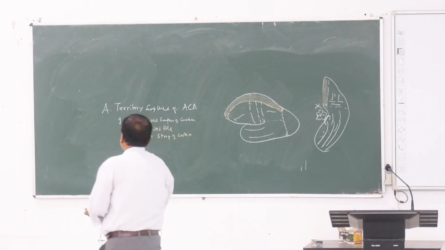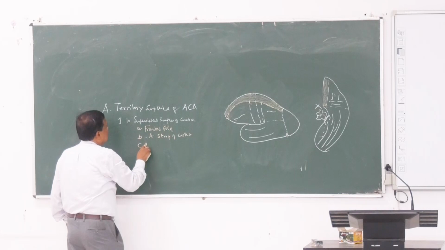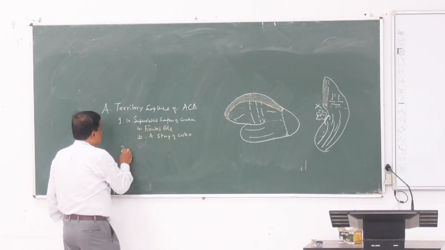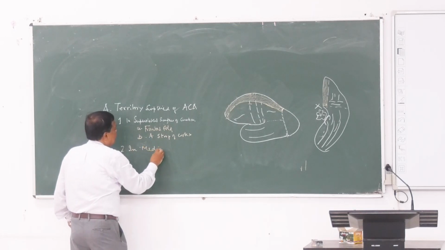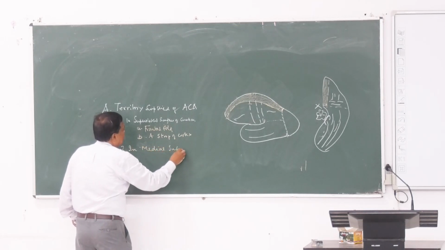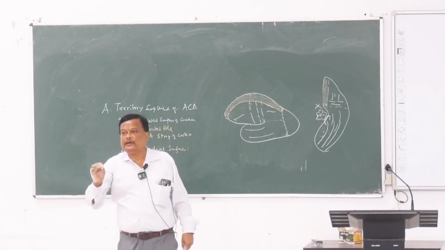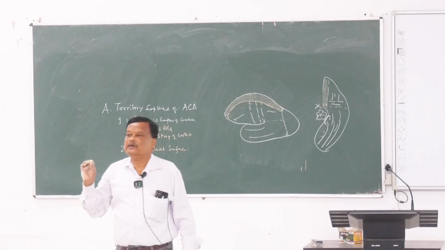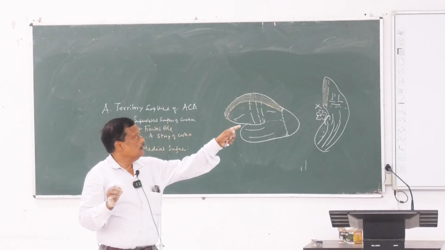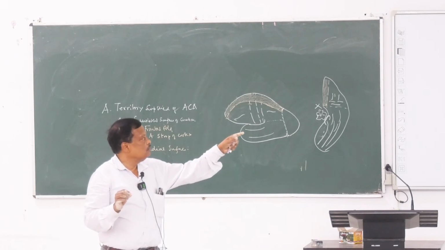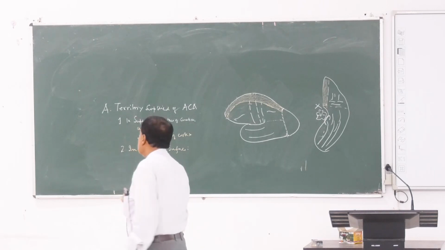In the medial surface, the whole of the frontal lobe and parietal lobe up to the parieto-occipital sulcus, containing the medial frontal gyrus, paracentral lobule, cingulate gyrus, and precuneus. Number 3,